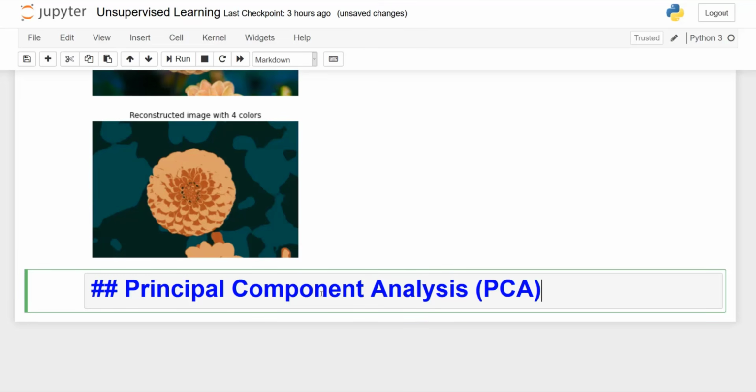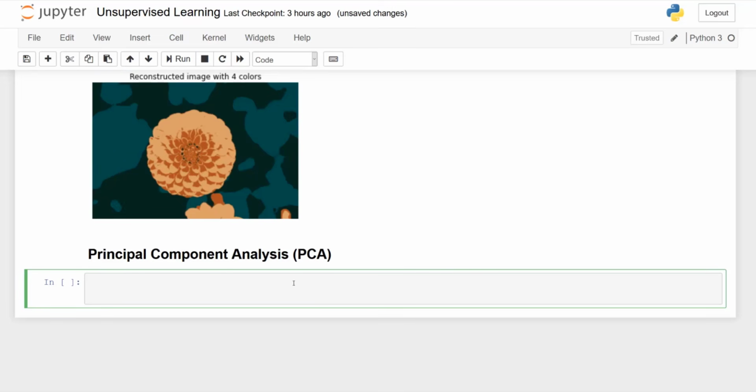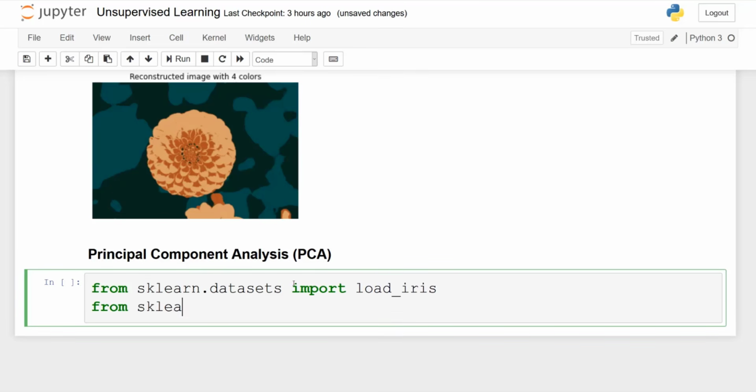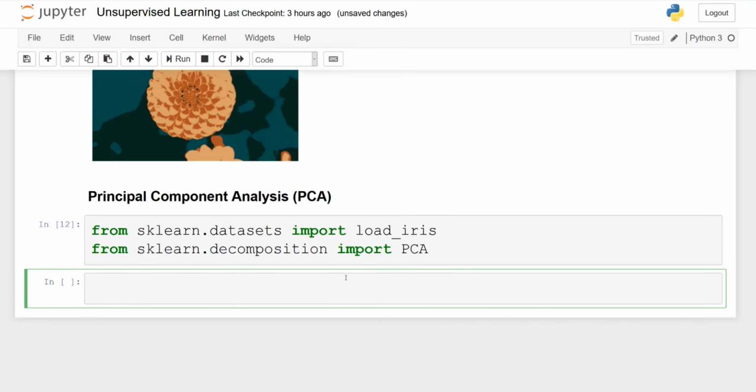Now let's work with PCA for dimensionality reduction. Here we will work with the iris dataset. This dataset has 4 features about 3 different kinds of iris flowers, and our goal is to visualize the dataset in 2 dimensions. So from sklearn.datasets, we'll import load_iris, and from sklearn.decomposition, import PCA.